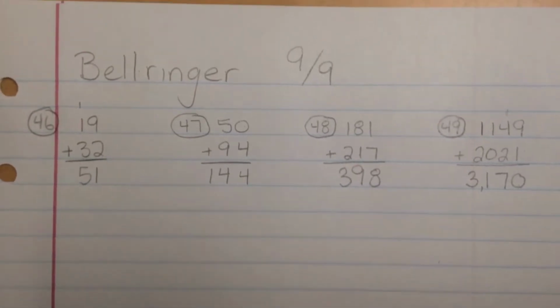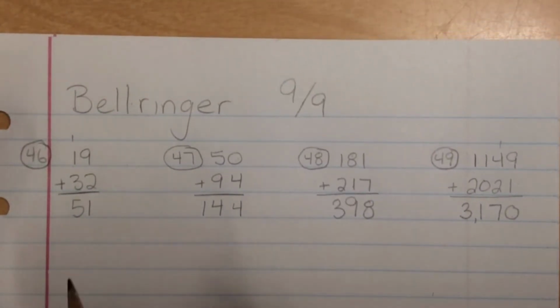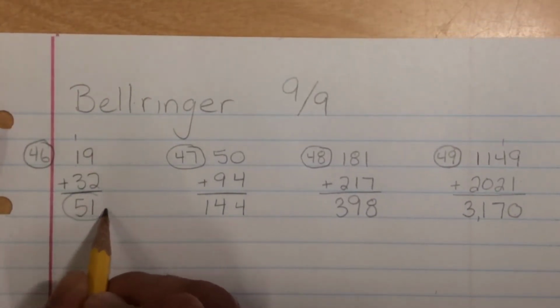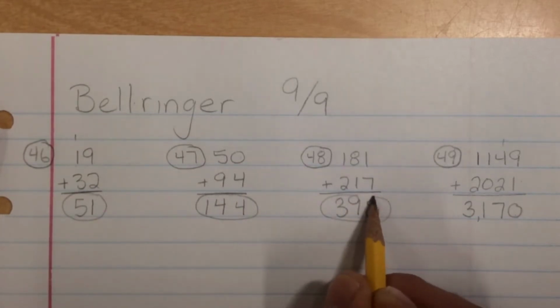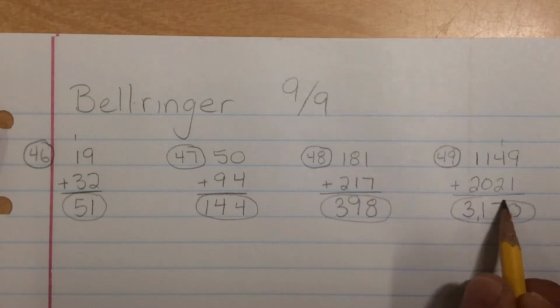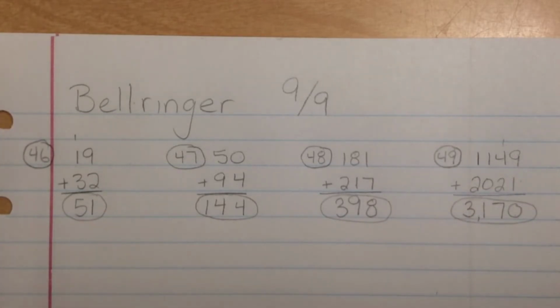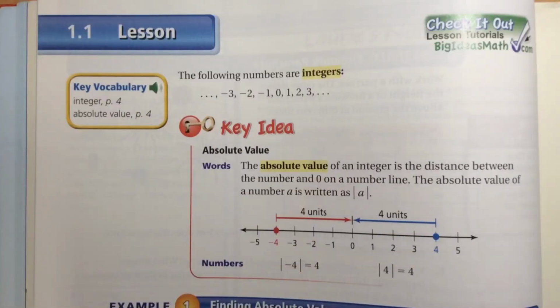3,170. Now that you've watched that and you've written these down, you should get 100% on your bell ringer test, which some people have not yet done. So go do that. Okay, well, now that you've got the thought of the day done and the bell ringer done, and hopefully you took notes on the bell ringer so you can take that bell ringer check later and get 100% on that. But we're going to start the lesson, which starts on page 4 in your math book